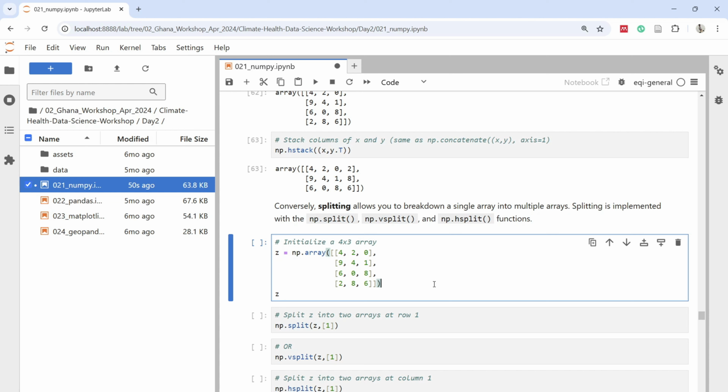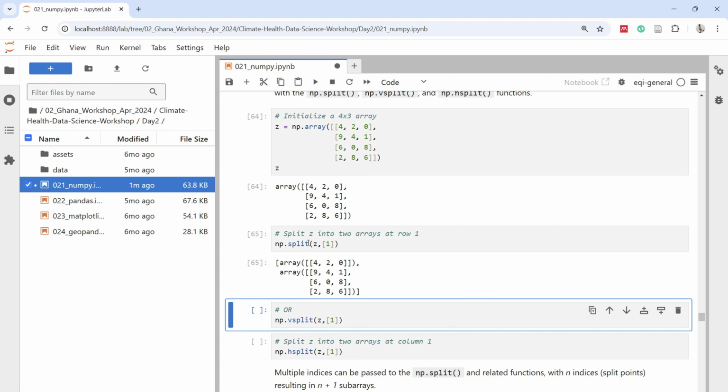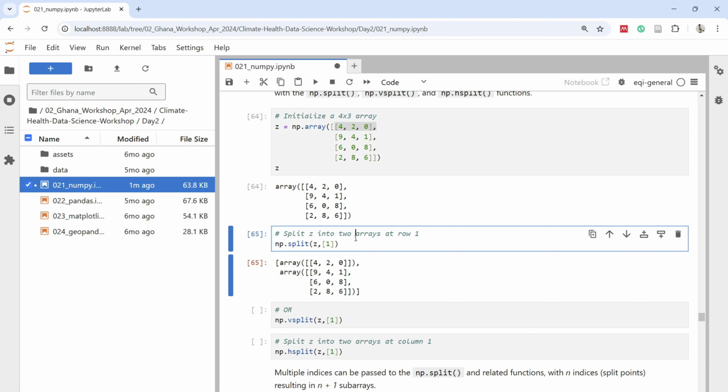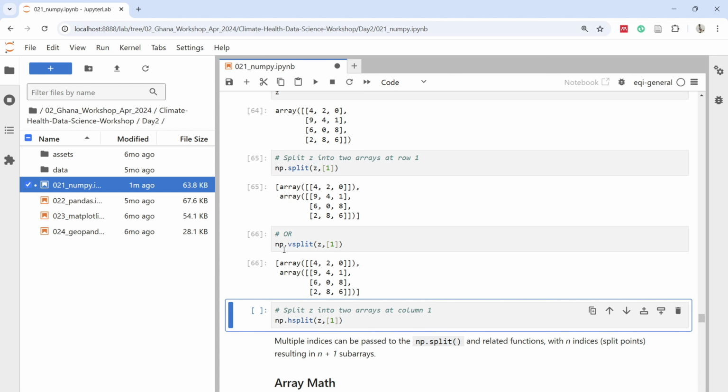And in this example, first we're creating a 4x3 array named z. And now if we want to split z into two arrays at row 1, what this will do is split z into two arrays, and it will take the first row out, and then the rest from the second until the last row will become the other separated array. We can also use the vsplit function, and again recall this will do the